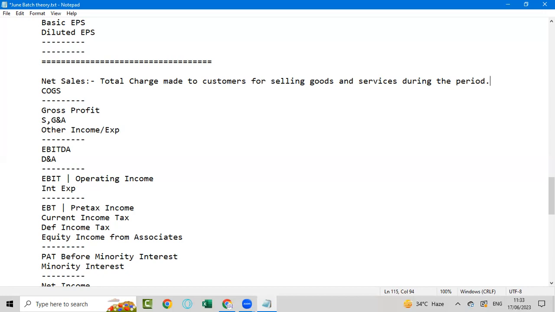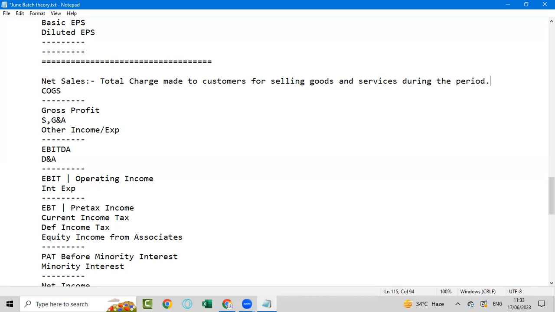So it is not a part of your income statement. In the income statement, what do you show? What belongs to your company, not what belongs to someone else. It cannot be part of your revenue. It cannot be part of your expense. So any tax that you are collecting from your client on behalf of the government cannot be part